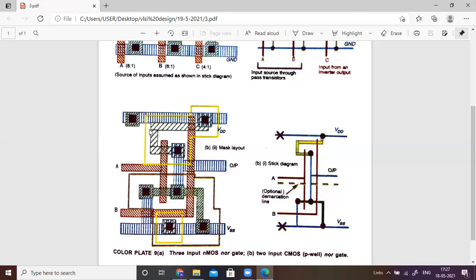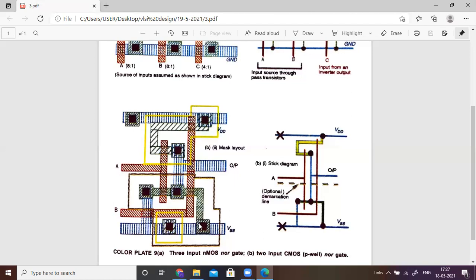This is the method of how to draw the layout diagram in the CMOS design style. This is the substrate terminal, and there is a connection. This cross mark belongs to this one. Just remember, this contact is required, and it is similar to this contact.